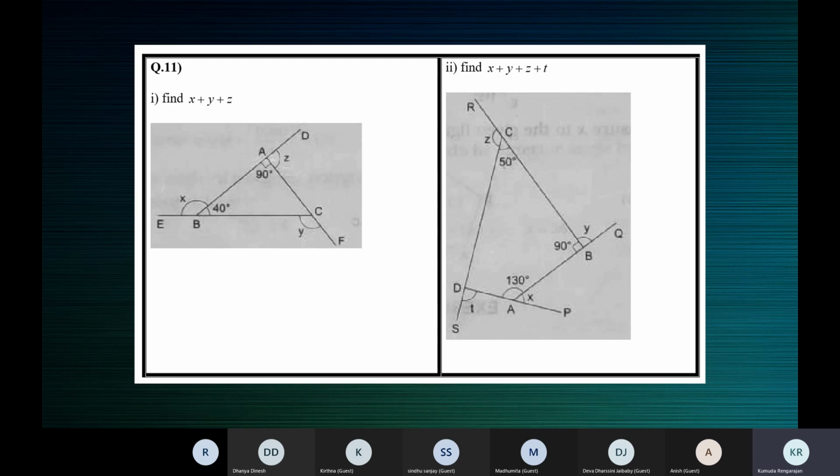So when you read out like this, you're reading only 4 sides: AB, BC, CD, DA. So it's a quadrilateral. Its sides are produced and the exterior angles are formed. So it might look like a pentagon to you. Just take care. If you can make out the sides, you will know. It has only 4 sides, so it's a quadrilateral.